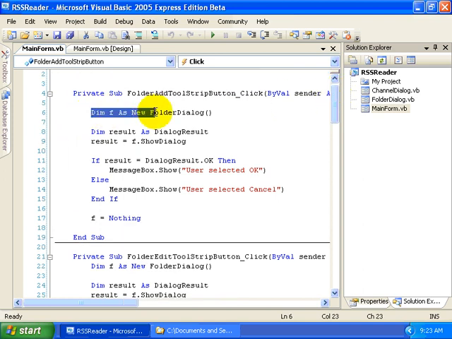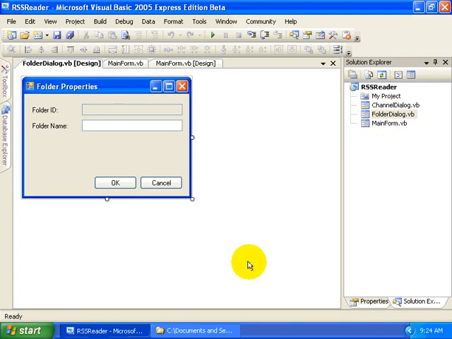I've first of all created a new instance of the folder dialog, calling it F. It's probably not the best name I could have given it, and I'll probably improve that in another snapshot. Then I've created a new variable called result of type dialog result. So it's at this point that I'm going to need to explain my strategy. Let's open up the folder dialog